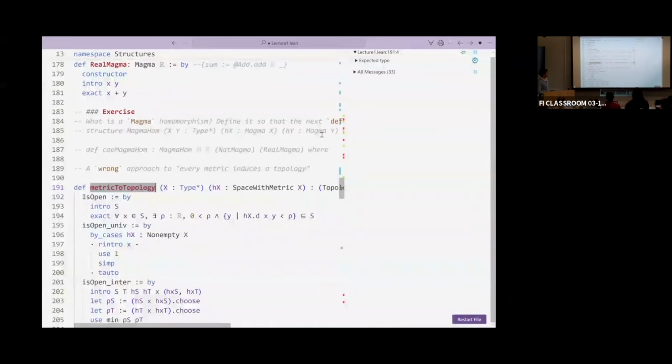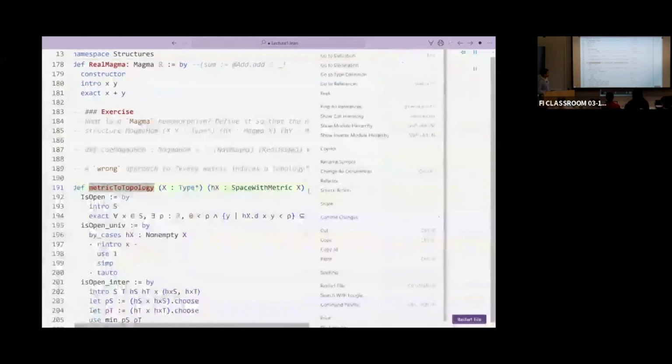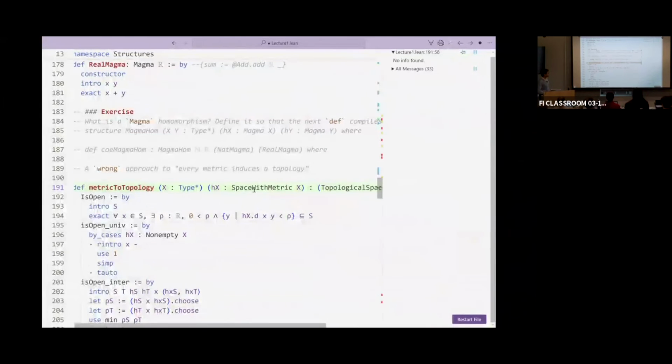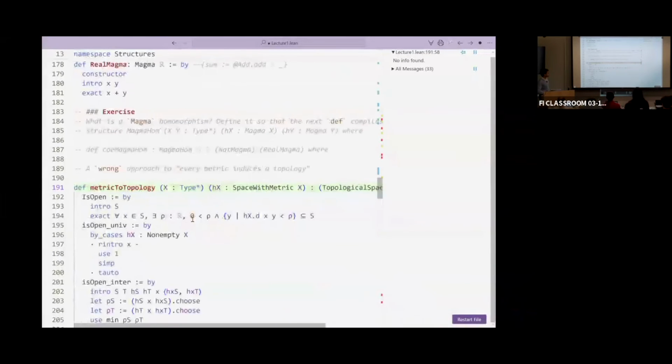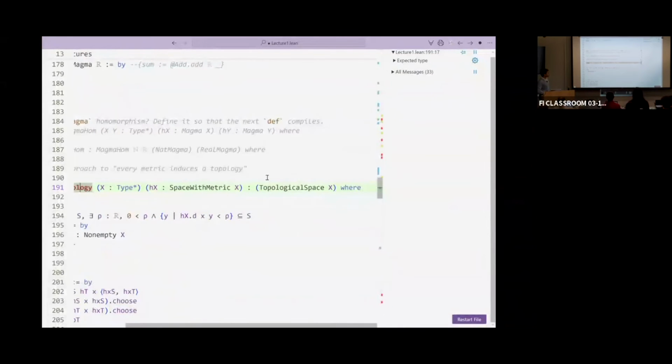And let's see, it's a bit long, so I haven't commented it. I just want to briefly go through, first of all, the syntax, what we are trying to do, the way we say that if we have a space with metric structure, then we can cook up a topological space, and how to do so. So first of all, what I'm defining here is a topological space structure on every type that has a metric, so that has a space with metric structure.